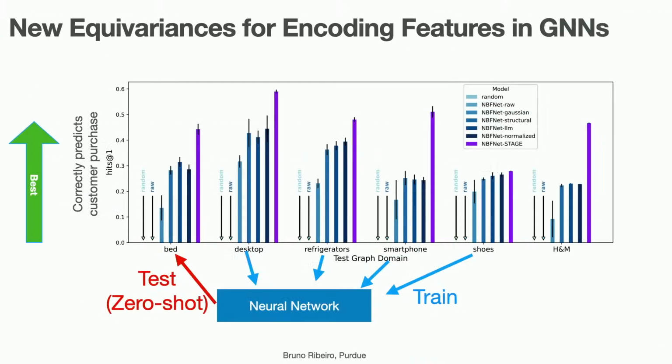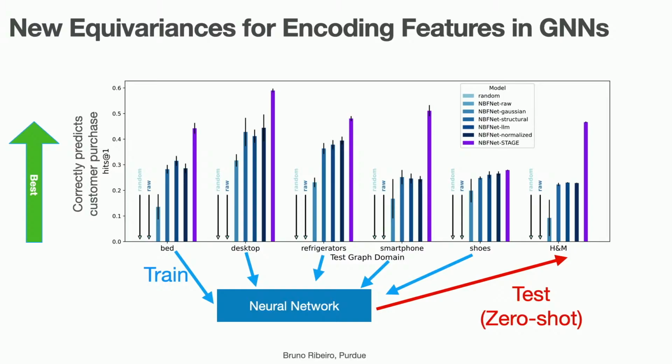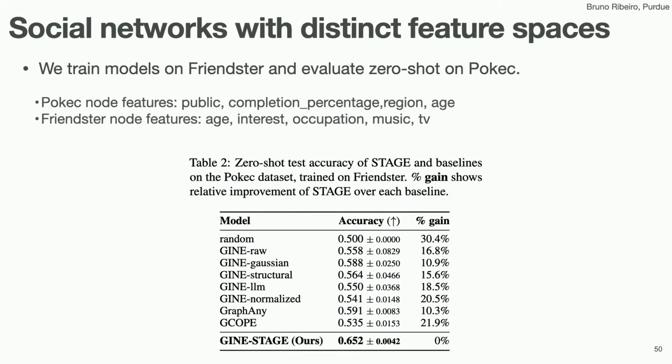Now, of course, if the feature sizes are very different, it can be challenging, right? Because size invariance is a difficult thing. So there are all sorts of things that we have not analyzed yet. But as a first work doing this, I find it very interesting to move away from using features to using dependencies. We also have done this for social networks and with some baselines. The only feature that's the same is age. But if you put age, in the appendix we put age in the graph neural network, it is not as good as predicting with this procedure.